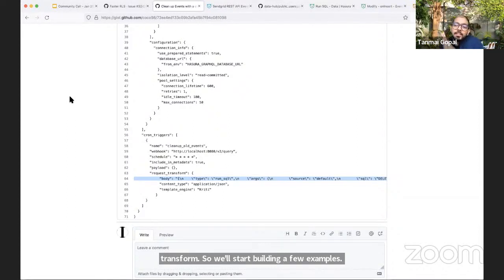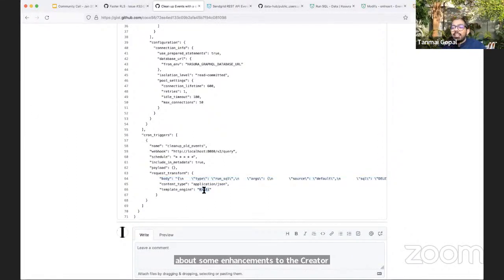Cool. So that's on the event trigger side. What I'll do is, while I have the floor, I'll also quickly cover some other product updates of stuff that's been happening over the last month or so, and then I'll hand it back to Jesse and Solomon to talk about some enhancements to the query templating language itself.